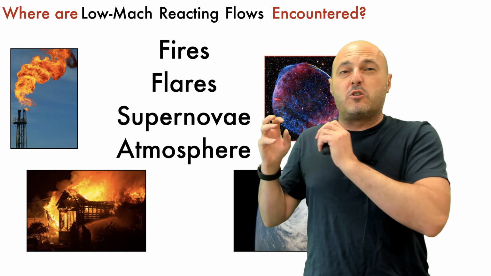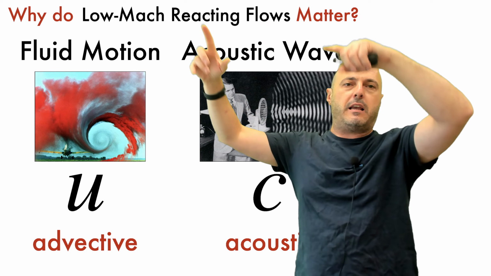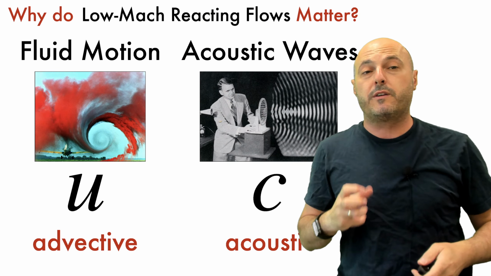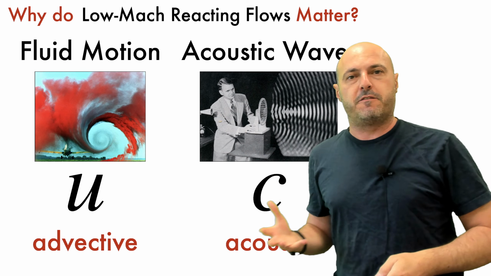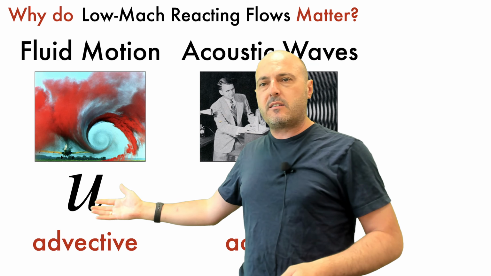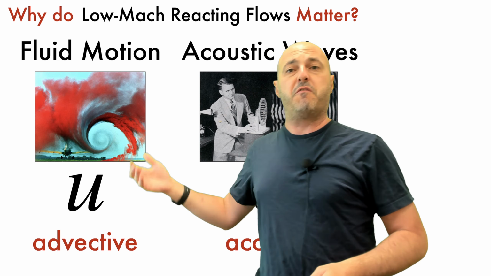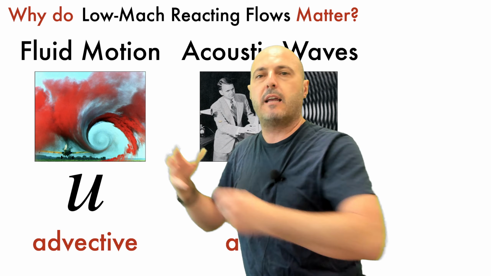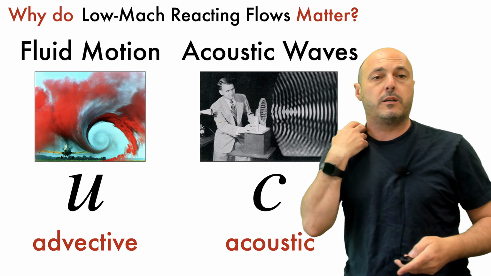Now we're going to call the bulk fluid motion a vortex moving slowly in the flow, or like when you're looking at a flare or a smokestack, there are these vortices, these large structures moving. We're going to call that the advective motion, and we're going to assign it a symbol, the velocity, u. These motions propagate at the speed of the flow. So when you say the flow is moving at 2 meters per second, it means that on average, this vortex is propagating at 2 meters per second. The air is blowing at 2 meters per second.